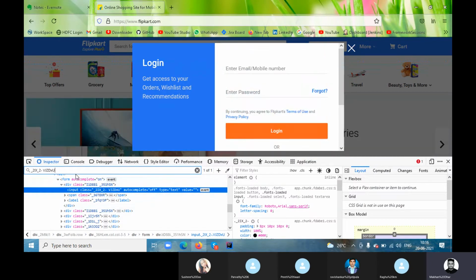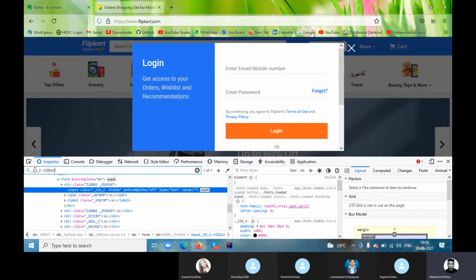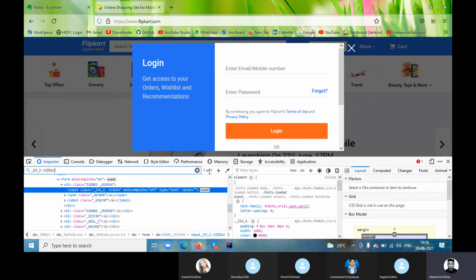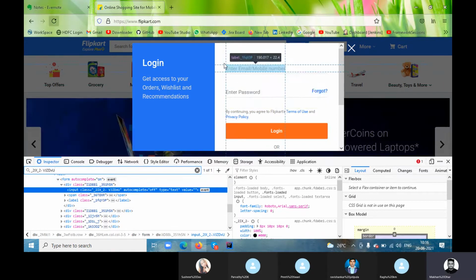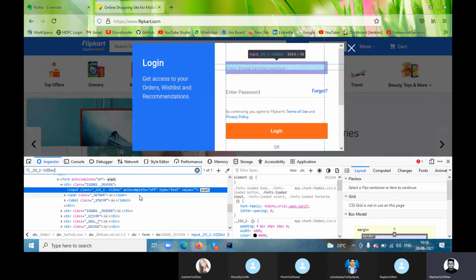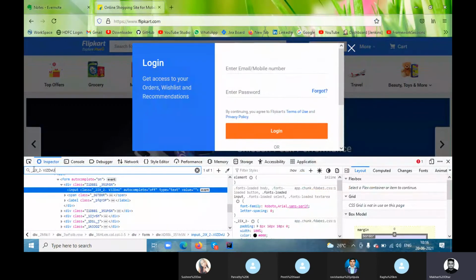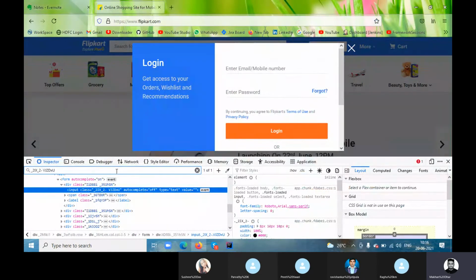So now after taking the value, I'm getting one. It is showing unique. There is only one such class within this entire Flipkart page, so I do not need to worry about whether I should go with type. In this case I will not, because it's unique. So this is one way.